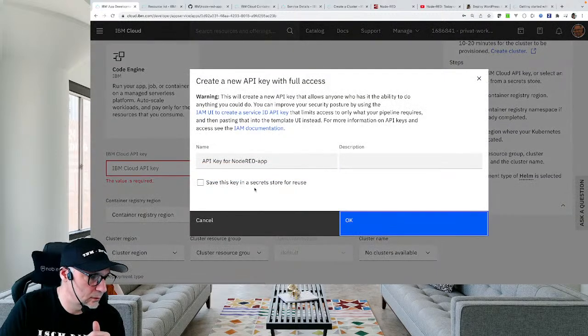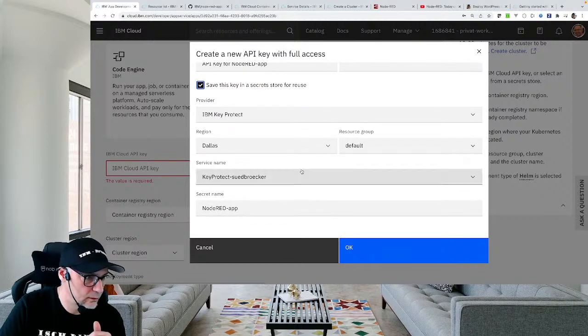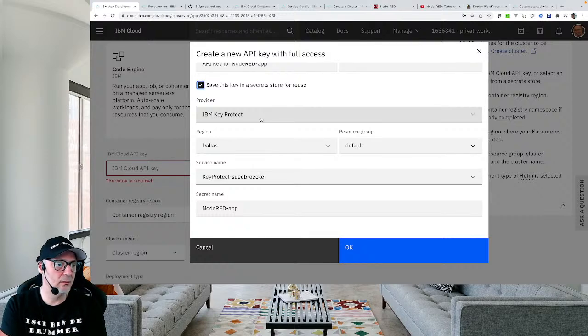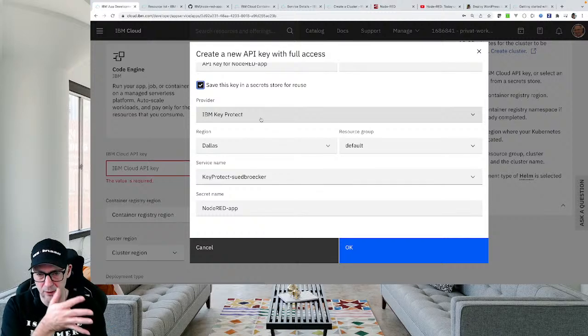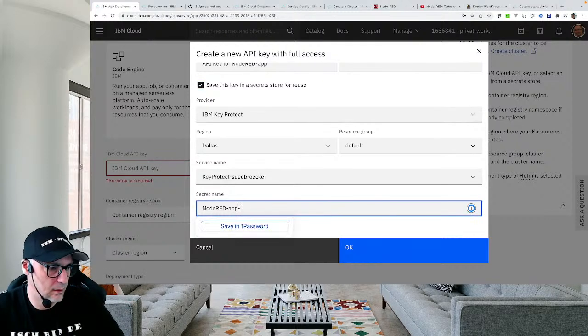I say here that's a node, and we will save that key in Key Protect. There is a service called Key Protect where you can store up to 20 keys for your API. Not only for API, you can save and protect your keys. Key Protect fulfills different regulations and so on, and that's cool to use. So as I said, 20 keys you can use, so I will use that here. My secret name, that's what I call it here. Secret name is